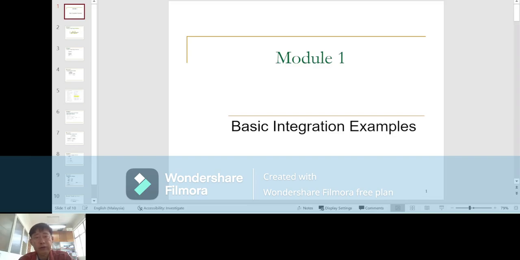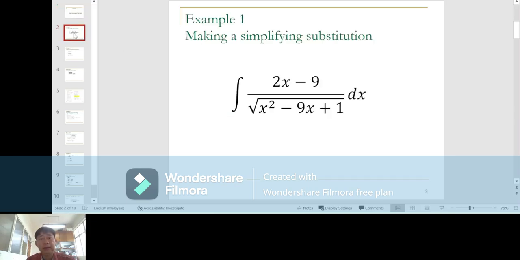Welcome to the first video for the micro-credential course, Techniques of Integration. In this module number 1, we are going to deal with a few integration examples. So the first example we are going to see is an example of integration comprised of a function that looks